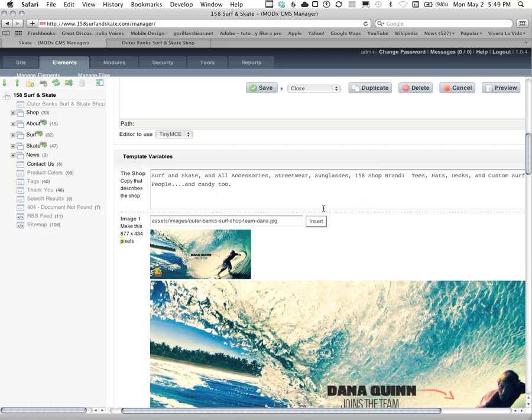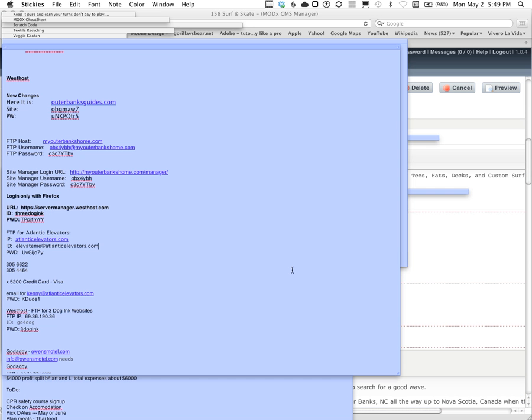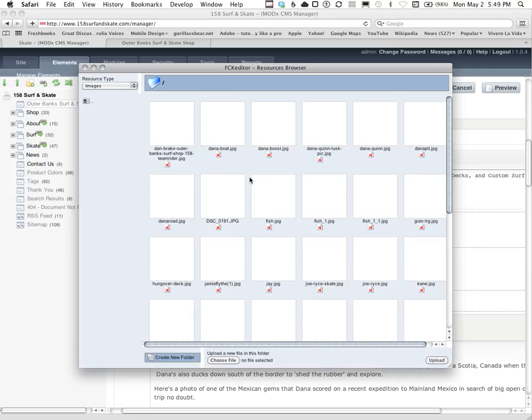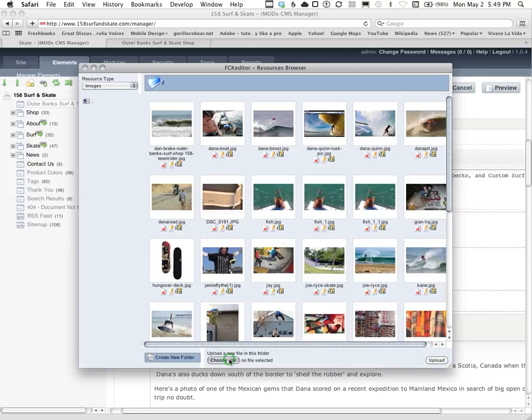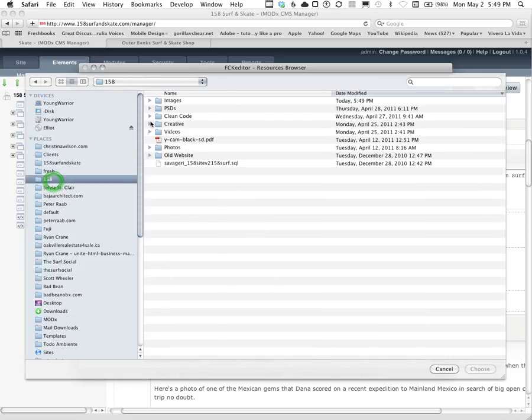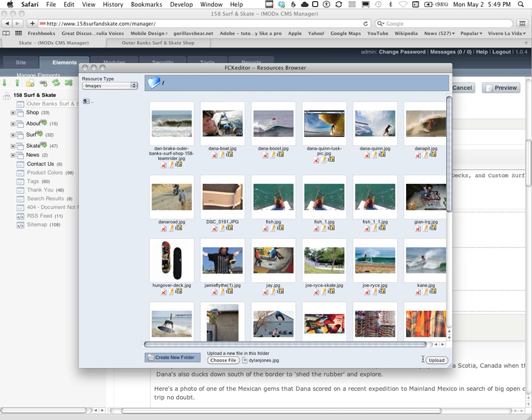If we wanted to replace this one, we can. I'm gonna save it in another little sticky note so I remember it and we can put it back, but we'll click the insert button and we'll go find it on our local machine by hitting choose file. I know that I put it in my 158 folder under images and we called it Dylan Jones, and if I upload that,